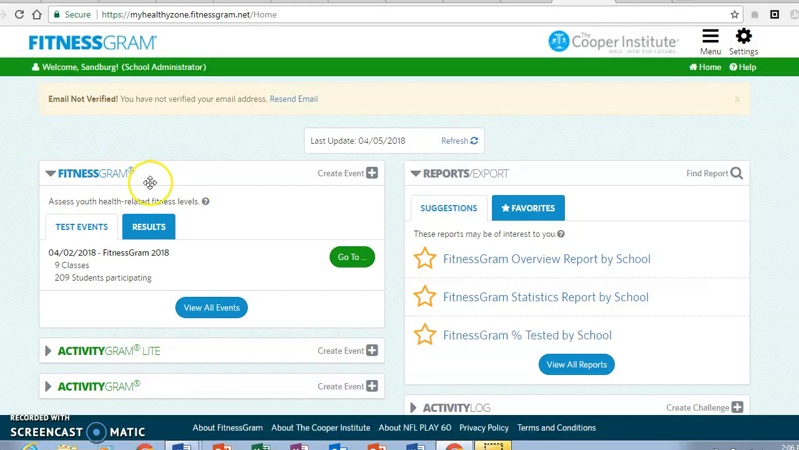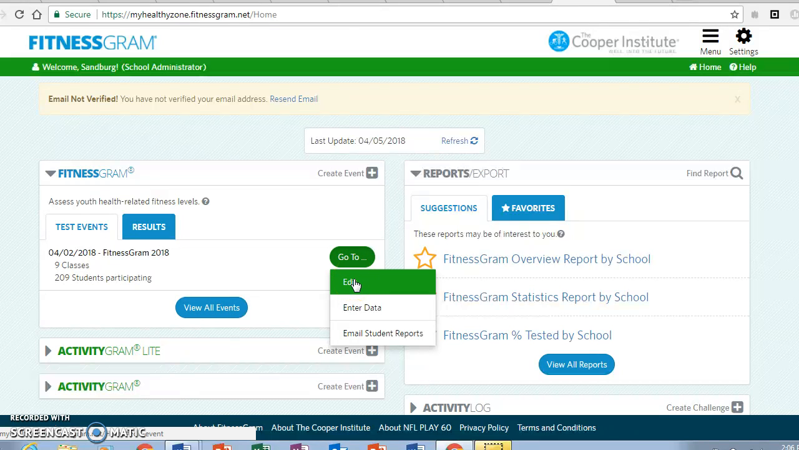Under the FitnessGram tab that I'm scrolling over right now, you would see the test that you have completed for this current year. One thing that I'm going to show you right now is to make sure that your test is set up correctly, because if not, it is not going to print your student's current height and weight. So to check that, go to Enter or Edit,